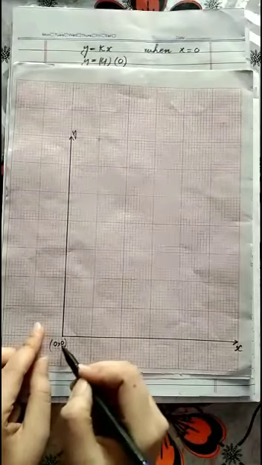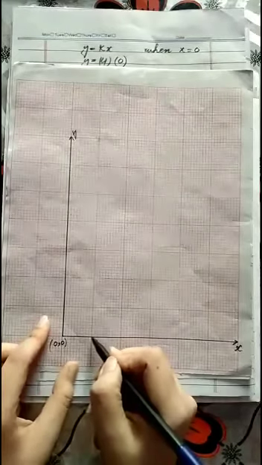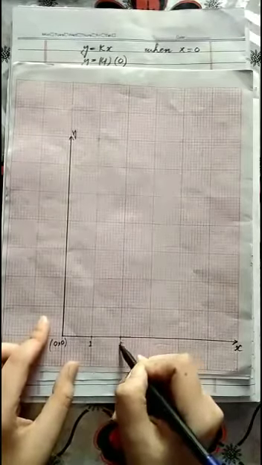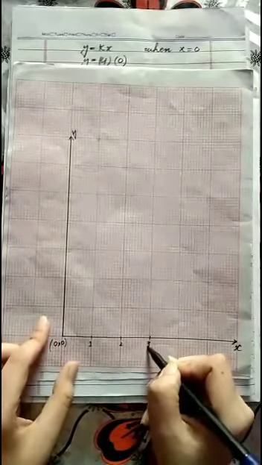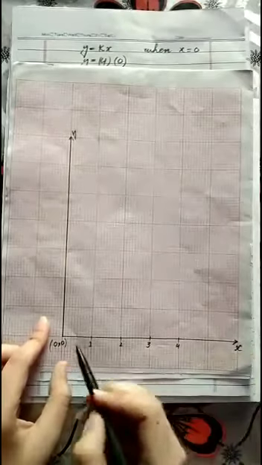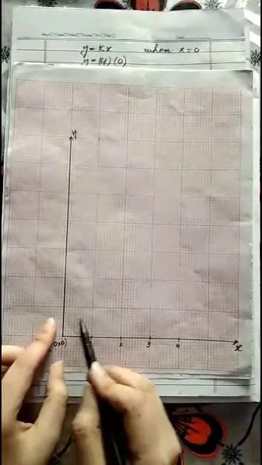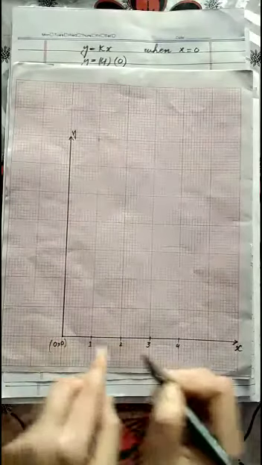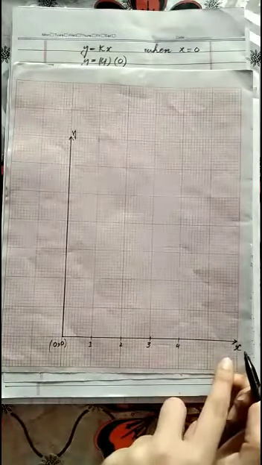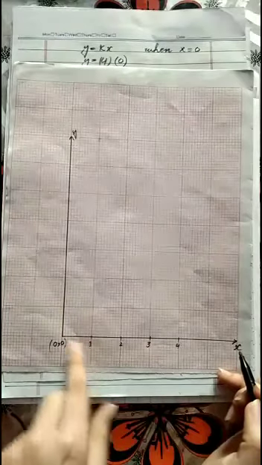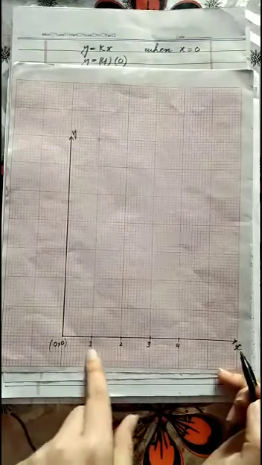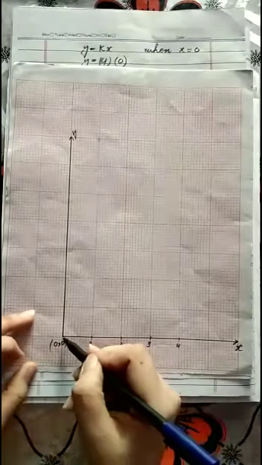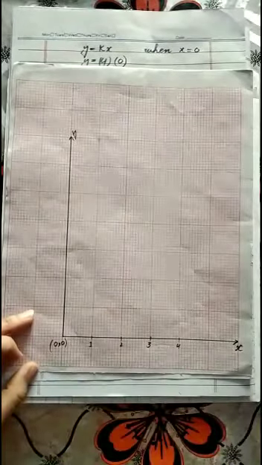so both values of the pair are 0. Okay, that is 1, 2, 3, 4. One whole big block is equal to 1 centimeter in the x-axis, in the horizontal direction, so there is a 1 centimeter difference. So on the y vertical